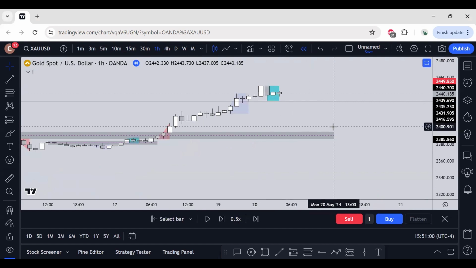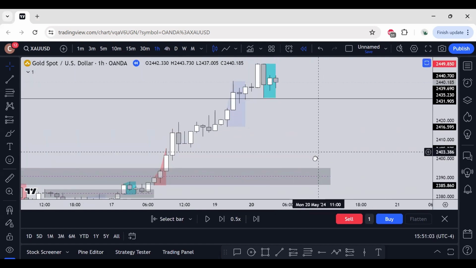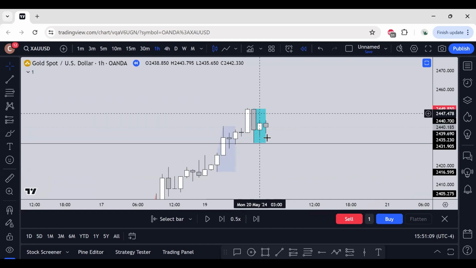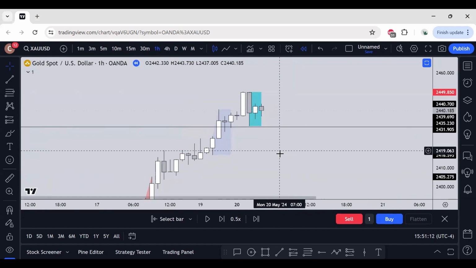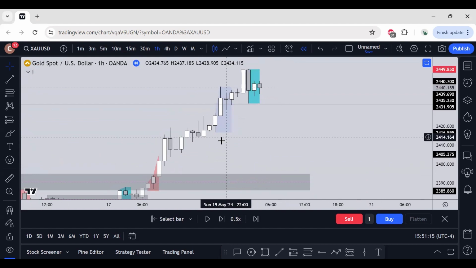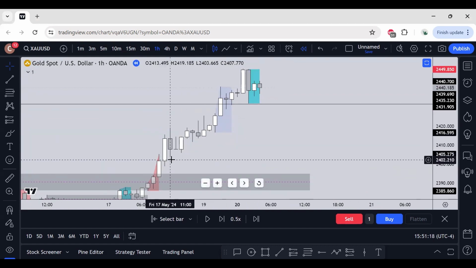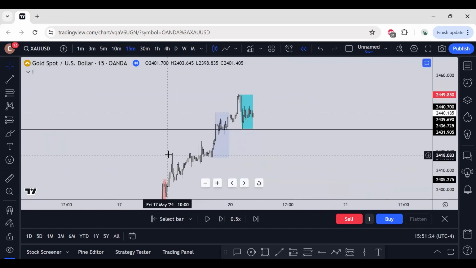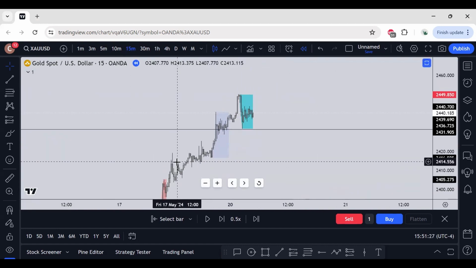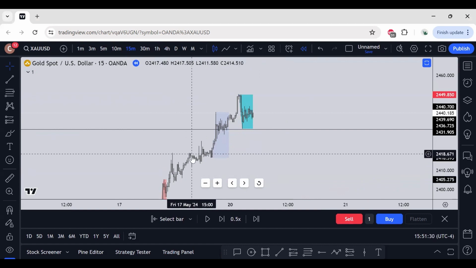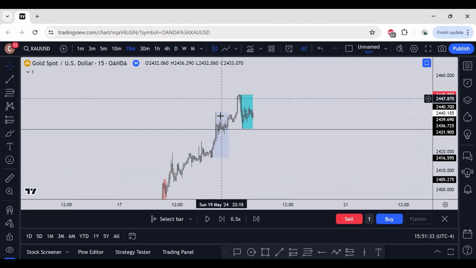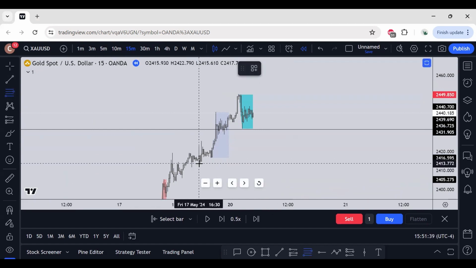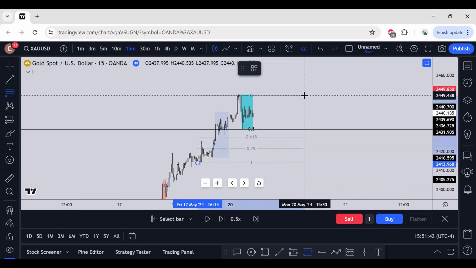So what happened on the 1 hour? I have these areas marked out as well. This is the Asian kill zone, this is where the market opens, this is the London kill zone, and then the New York kill zone comes through. One thing I had going was the PD array matrix in regards to highs and lows: a high, high low, high high, high low, and then high high, high low, and then this made the move. I can put my PD matrix over here or start from here, but this looks all right.